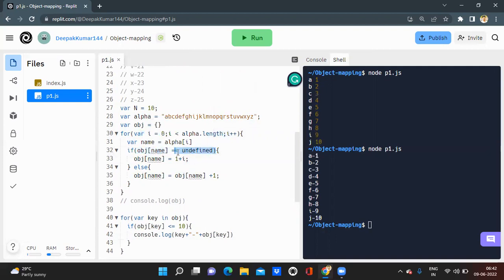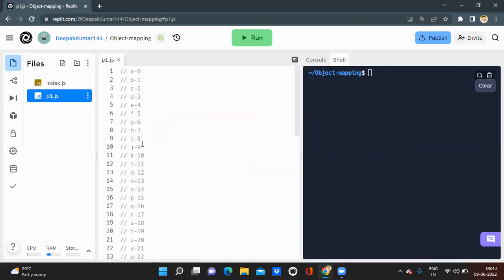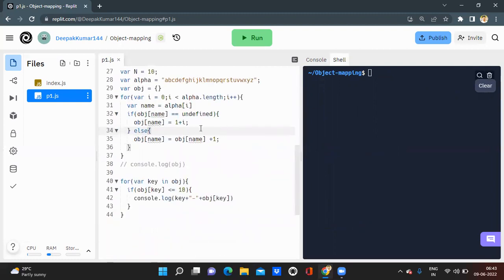If it is not present, it is added to the object and increased by I. Because if we don't add I, it simply says 1 1 1 1 1. Therefore we add I, because we want an increasing value, right? Else if it is present,